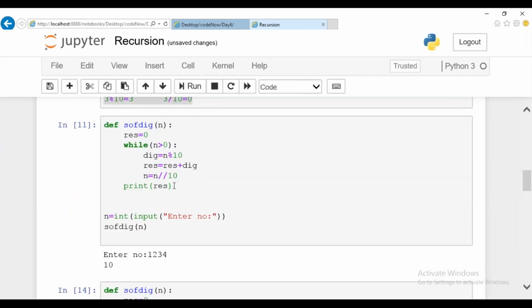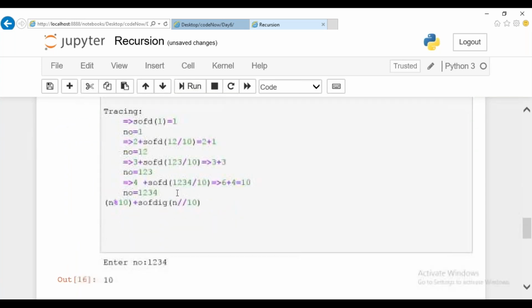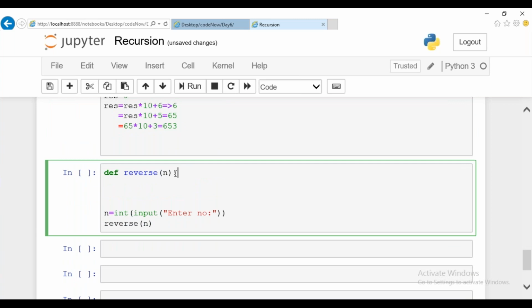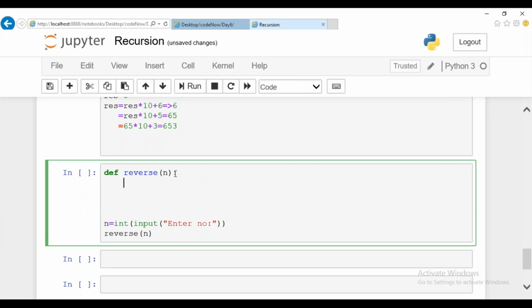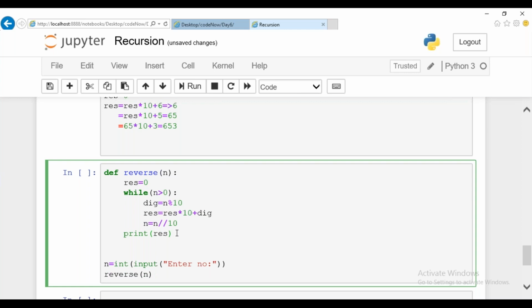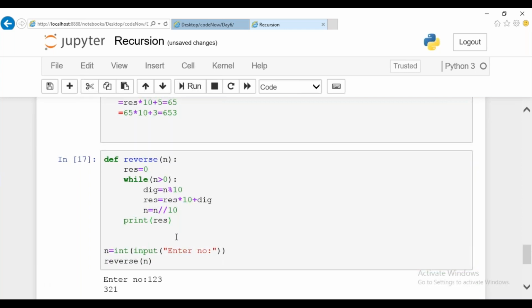Instead of wasting time, we can copy paste it and modify this logic alone. Here, result value is initialized as 0. The same process, but what you're going to do is multiplication with 10. So if you give 1, 2, 3, the value is reversed.